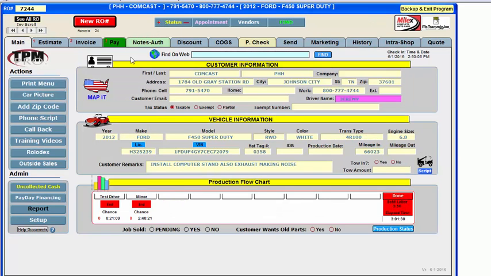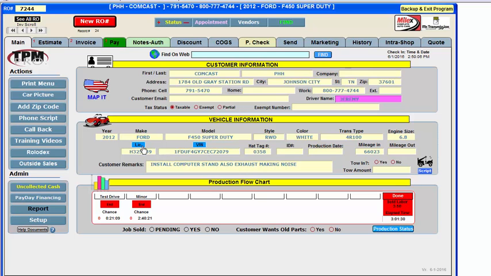Now there's another way you can do a find on certain information that you have already on your screen, such as, let's pretend this is a fleet account, such as what I have on my invoice, Comcast. With this fleet account, you want to see how many times this vehicle has been in your shop. Well, you see these two little blue buttons right here? You can search how many times this car has been in your shop simply by this tag number or the